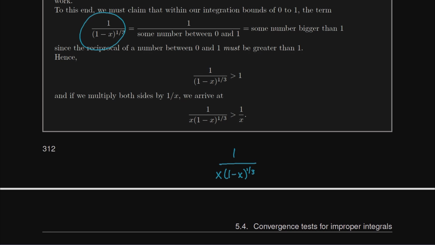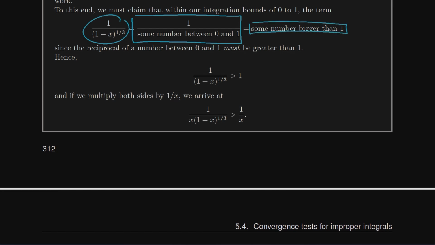What do I know, at least within my range? What are my bounds on my original integral? They were 0 to 1. What do I know about those bounds? Well, as long as I plug 0 to 1 into 1 minus x, the value there is just going to be some number between 0 and 1. There's no way to achieve a different value if I'm only working in the range from 0 to 1. And so that denominator will be a number between 0 and 1, which means the entire term, 1 divided by the denominator, has to be something bigger than 1. Or if I get rid of my English there, what did I just say?